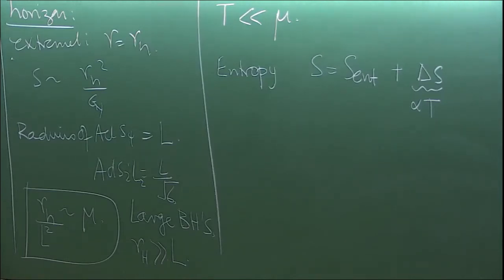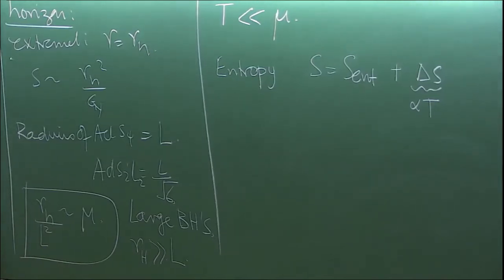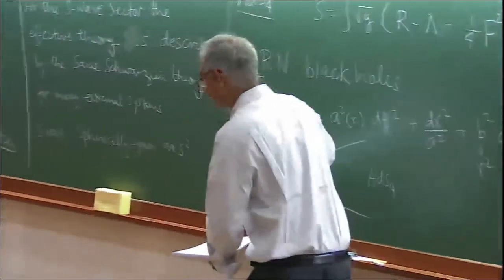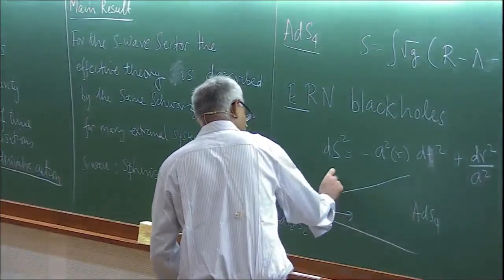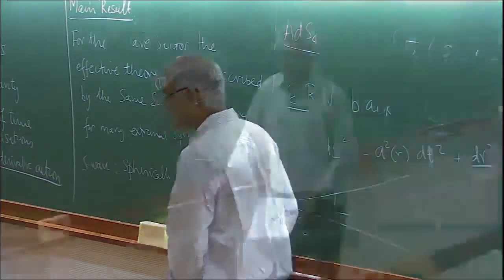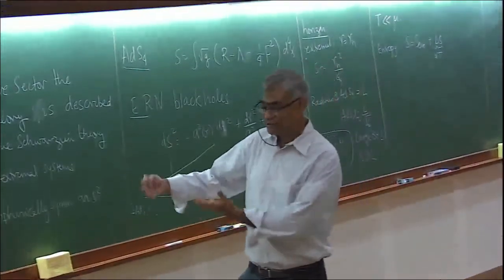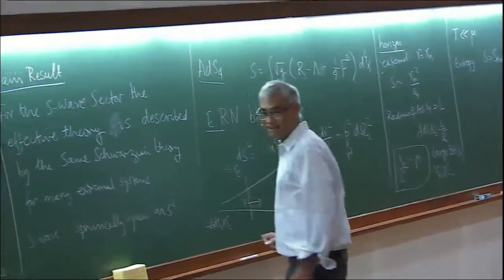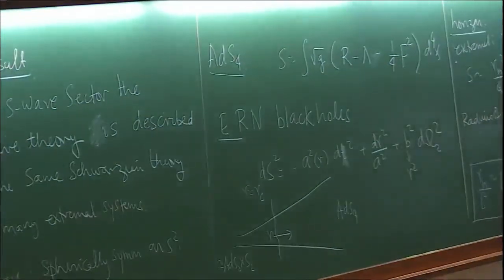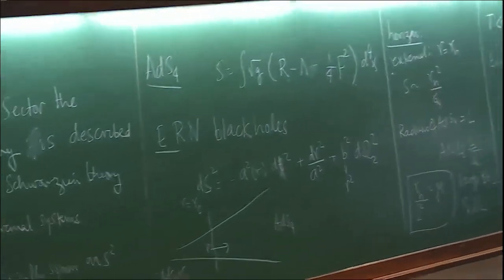And also, at approximately what value of R is there a boundary between the AdS2 and AdS4? Are you going to explain that? I'm going to explain that to you, but basically, what we'll find is that there is this effective field theory which governs the dynamics of the near horizon region, and that effective field theory can be thought of as living in the near AdS2 region, which is cut off by a boundary. The dynamics of that boundary is where all the non-trivial physics will arise, but roughly it will be located at some cutoff scale, let's say R_C, and this cutoff scale will be such that R_C minus R_H,